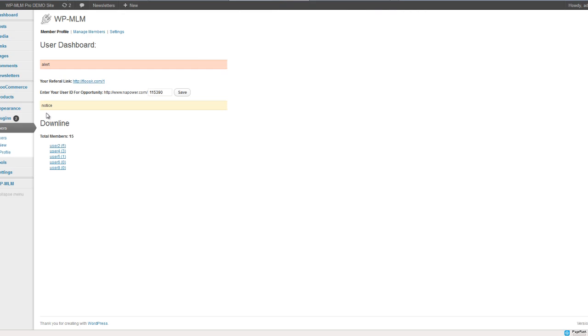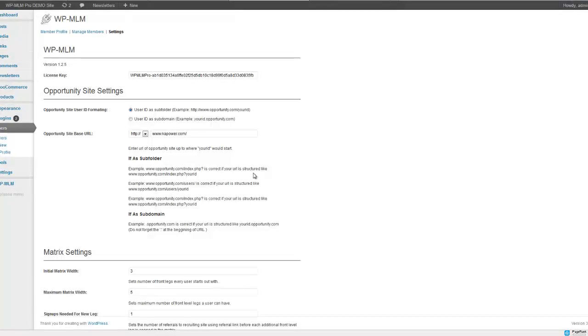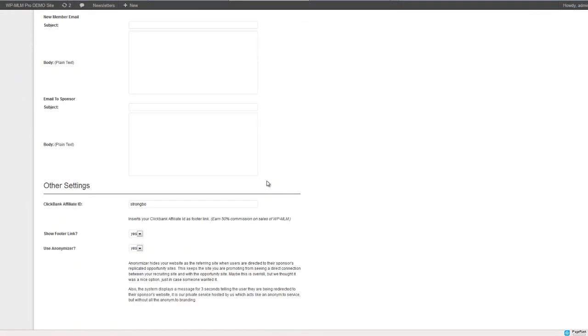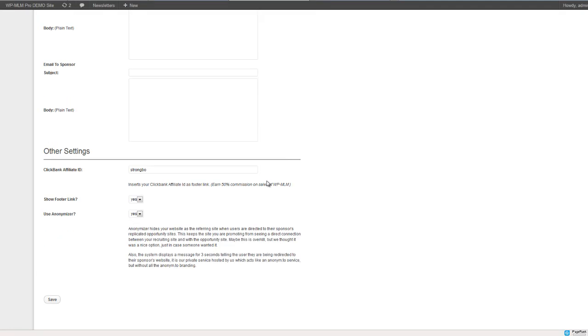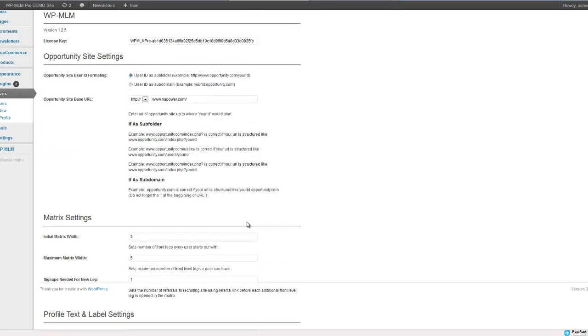Now let's go back here to the back office. And I believe that is absolutely everything that we need to go through. So if you have any issues whatsoever, please do not hesitate to submit a support ticket through your customer area on our website at www.wpmlm.com. Click on customer area and log in, and then submit a support ticket, and we'll go ahead